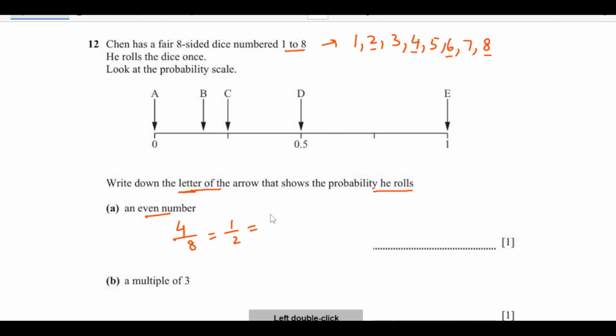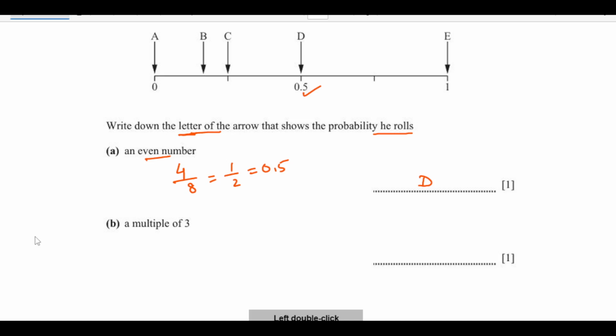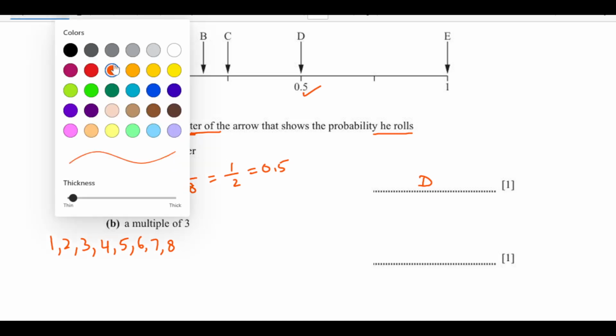So 1 over 2 is 0.5. So 0.5 is here, so we are going to write down D here. Now the multiples of 3. I will write down the outcomes again: 1, 2, 3, 4, 5, 6, 7 and 8. Out of these outcomes, we are looking for the number that is the